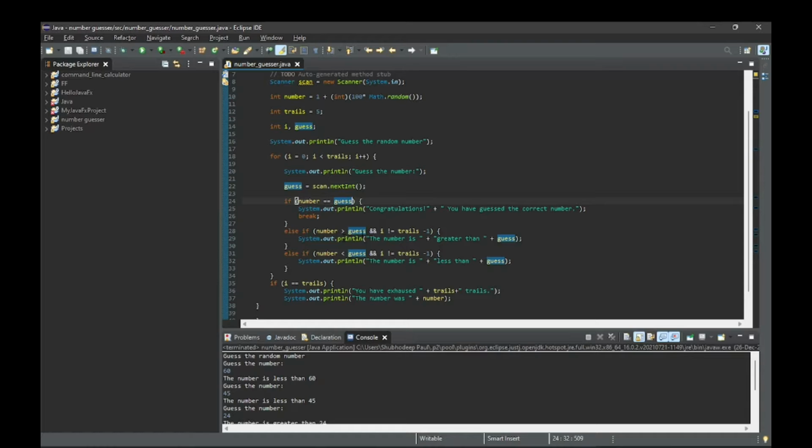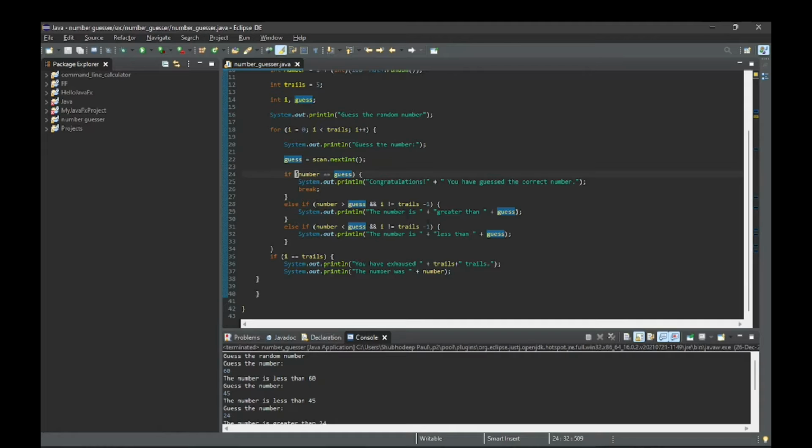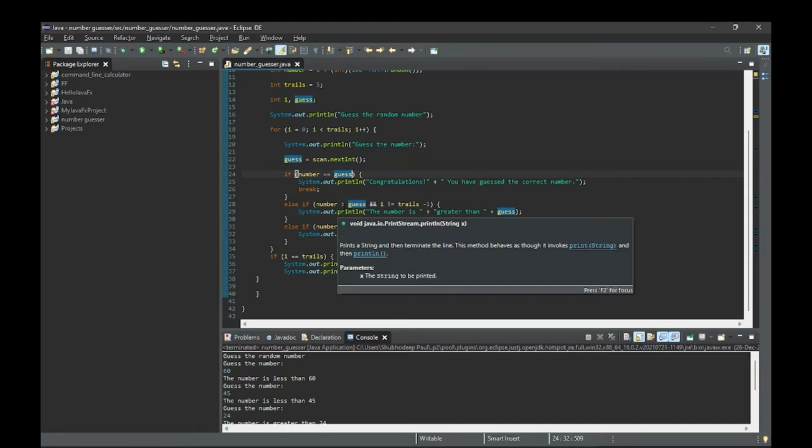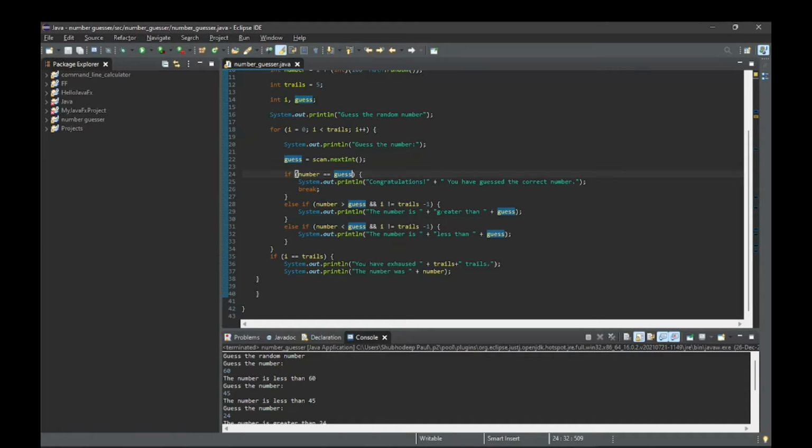The operation is complete. Now if you can't guess, then else, if the number is smaller than the guess, then one of your trials will be used, and from 5 it will be 4. And if the number is smaller than the guess, then it will say the number is greater than the guess. Or else if the guess we give is smaller than the number,